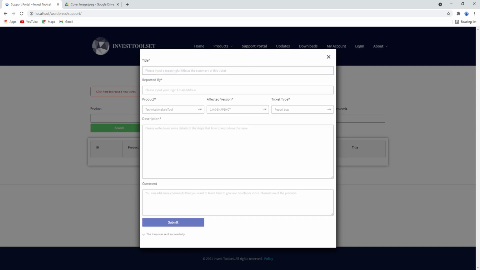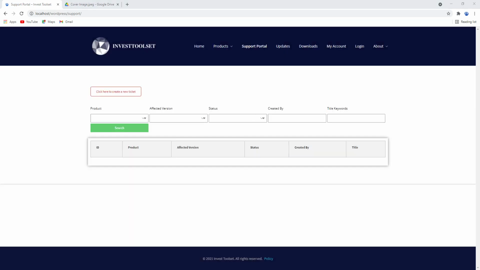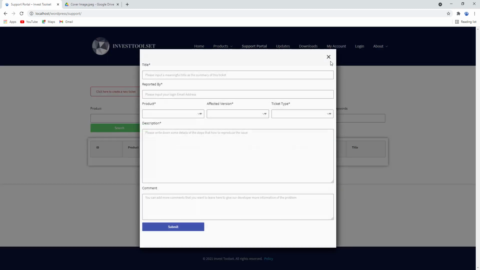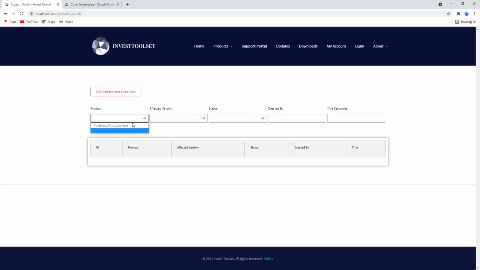and you will get an email. Once you successfully submit the ticket, you will get an email as a reminder saying you raised something. Sometime later, if you want to see the status of your bug report, you can just come back to this support portal. You just close this form, and you can see